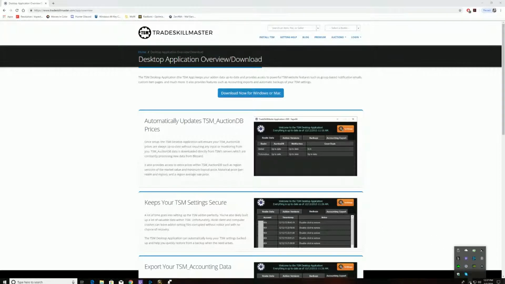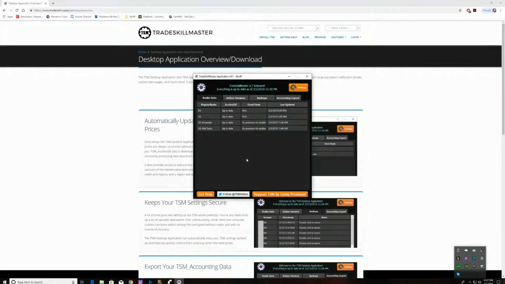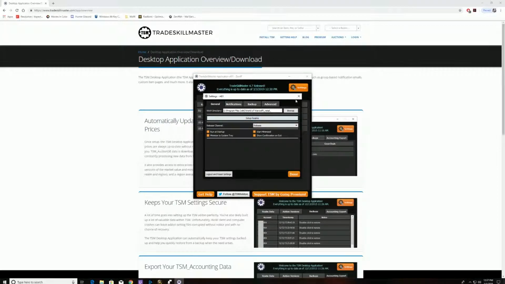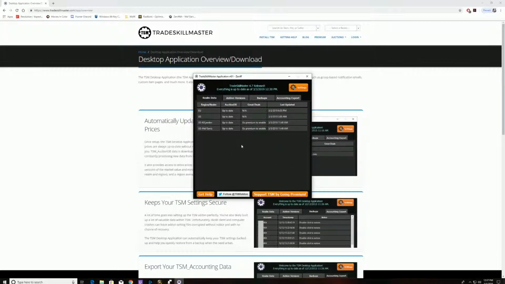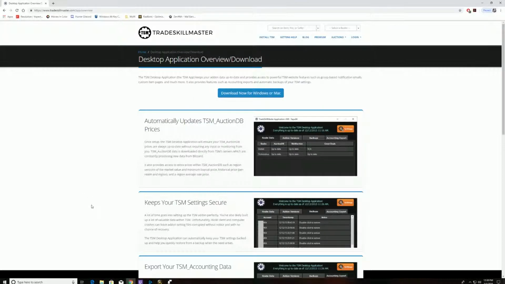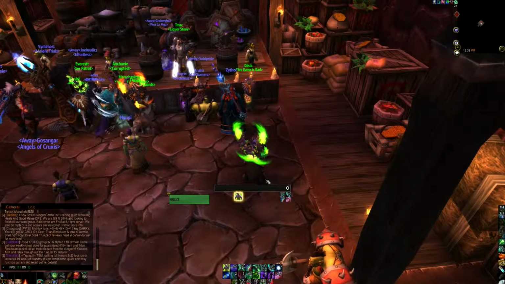What that application does is it runs in the background on your computer, and you can choose in the settings what realms you want, you have to log in, everything like that, but it'll constantly update the auction house values of your server, so that what you see in the game is current, so that you don't have to go to the auction house, sit there and have it update all the information. It's constantly running that information in the background, so that when you're in the game, for example, you pull